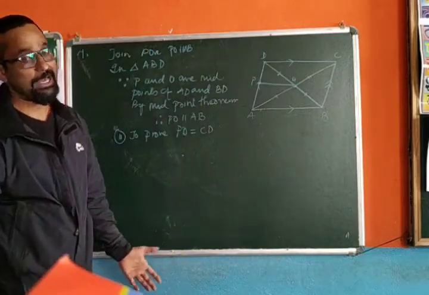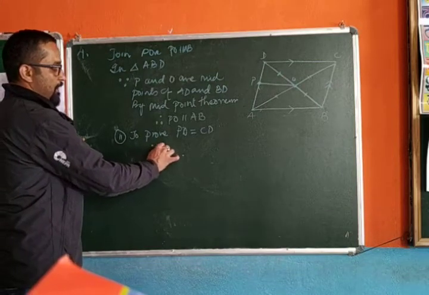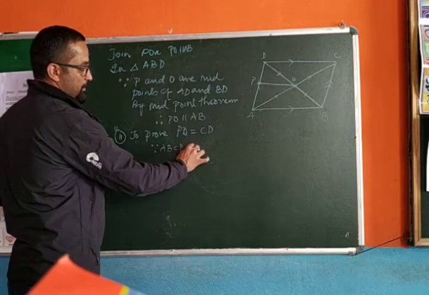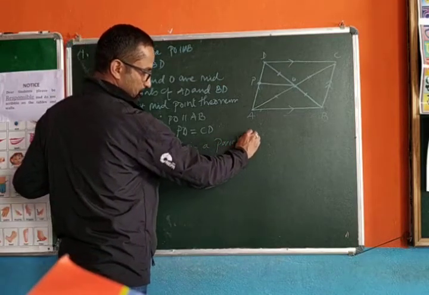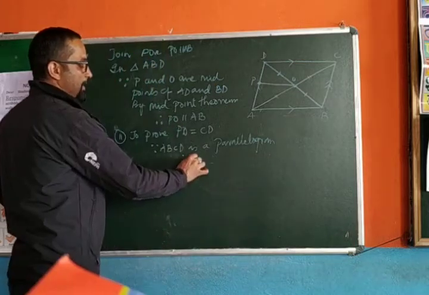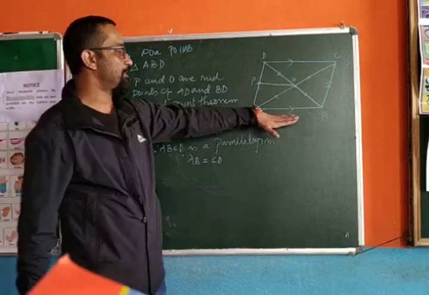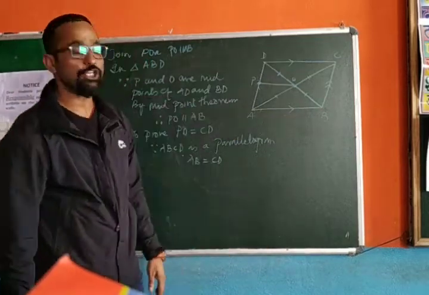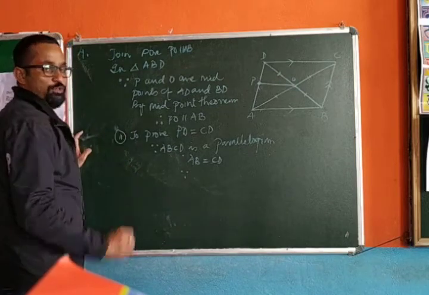You cannot directly solve it since ABCD is a parallelogram. AB is equal to CD. Opposite sides are parallel and equal. Therefore,